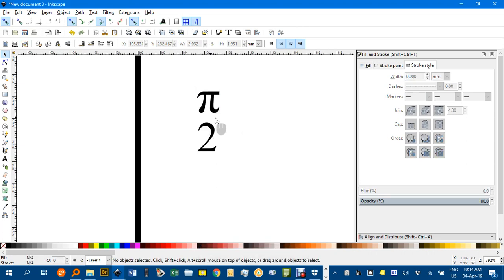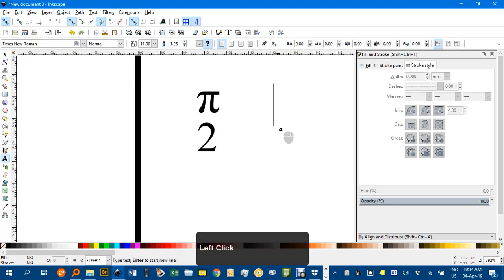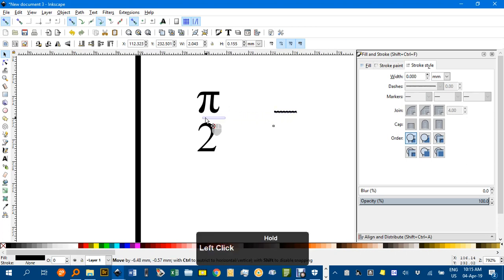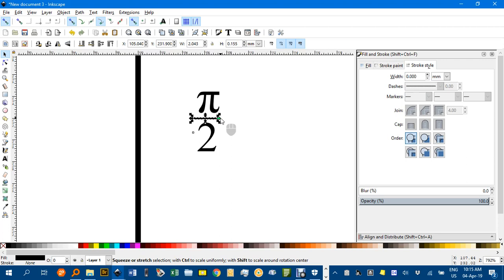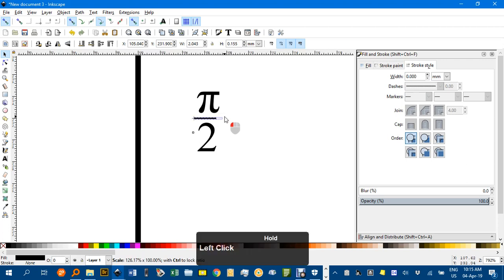and I need a line between there. I like to use a Unicode minus sign for my line in fractions. So T for text tool, I'll just click over here, Control U, 2212, and enter is the minus sign. But I like using that for a fraction divider because it's easy to change the colour of as an object when I select all the objects in this group. I'll show you in a minute. I'll just drag that a bit bigger, and if I select all of those,